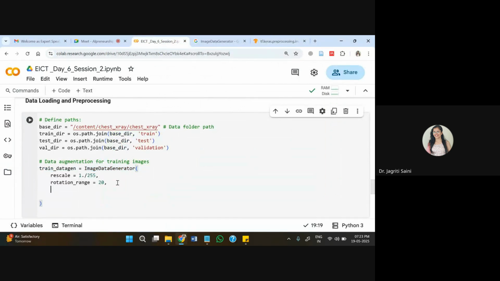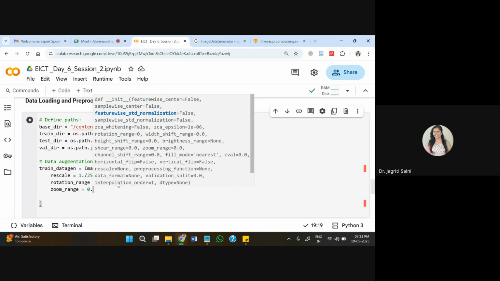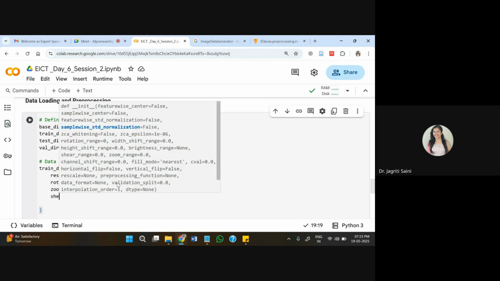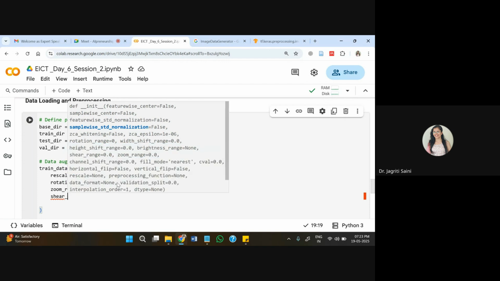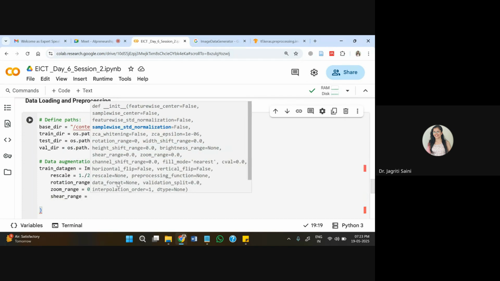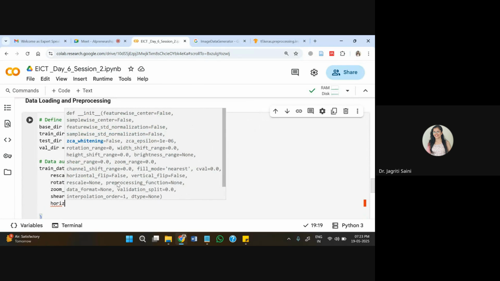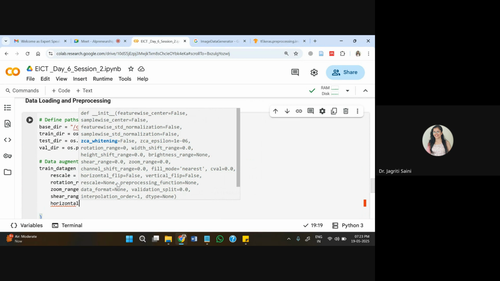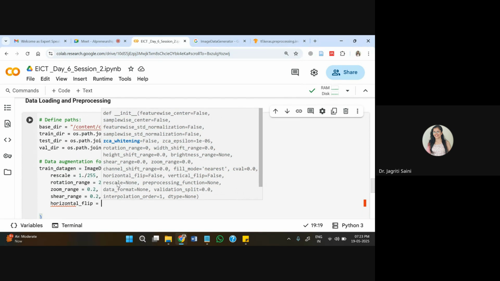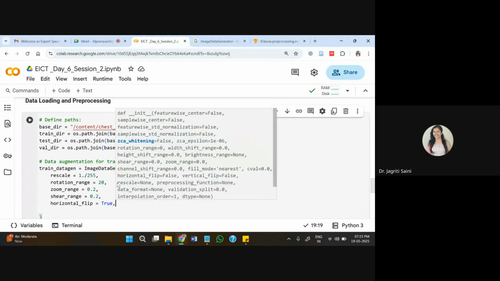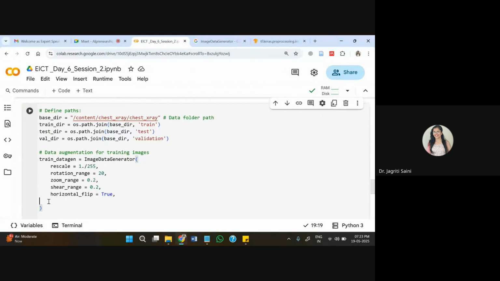Then zoom range I'm passing here, for example 0.2. Some random numbers only I'm passing here. You can try different values with different datasets later. Maybe some datasets will require different versions of this, so you can use accordingly. And I'm also passing horizontal flip. These flipping techniques completely depend on what type of data you have in hand. If flipping is genuine in your data, then you can apply it, otherwise you can avoid it.